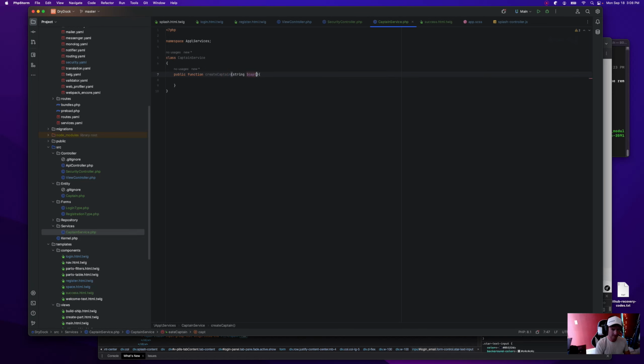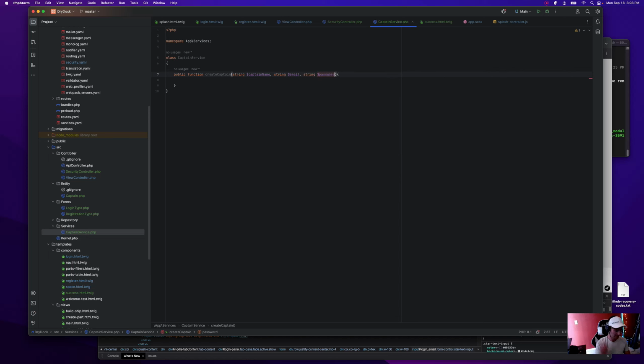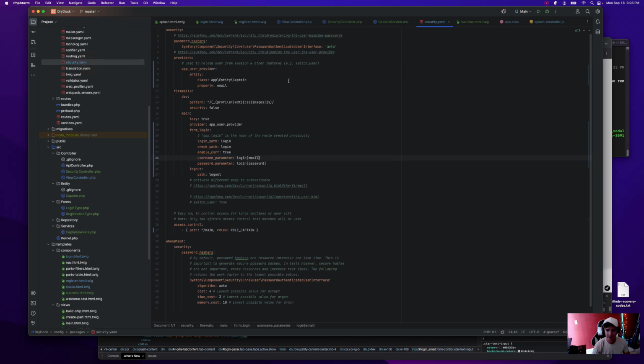String captainName, string email, string password, which we're going to hash here, so we need to add, oh, that's one thing I didn't cover in security. Hashing algorithms. I don't necessarily have time to go over this now, but we are going to use Sodium.